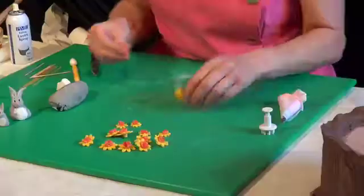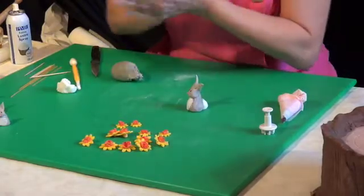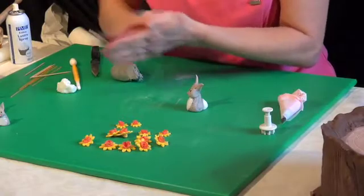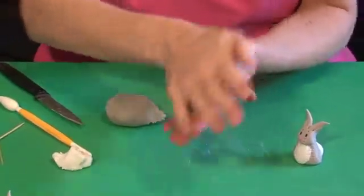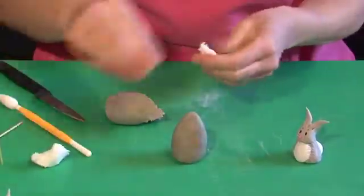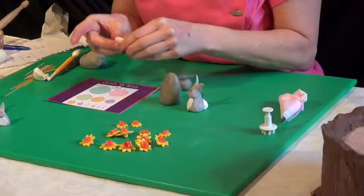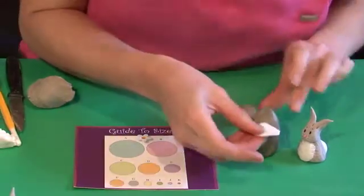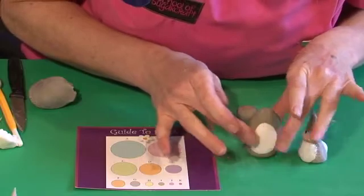Lovely. So let me show you how to do the bunnies now. You take a ball of icing. On your guide to sizes, if you're doing a large rabbit, you want the body to be a size A. And you shape it into a cone shape, and you pop it down. Now you want a ball of white, size E, and that's going to be the belly. And I'm going to squish it until it's quite thin and a sort of egg shape. And I'm going to press it down onto the front of the rabbit and thin it all the way around